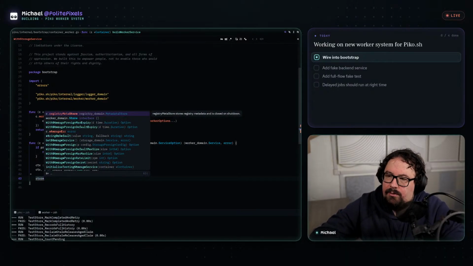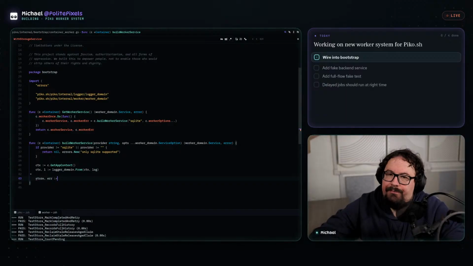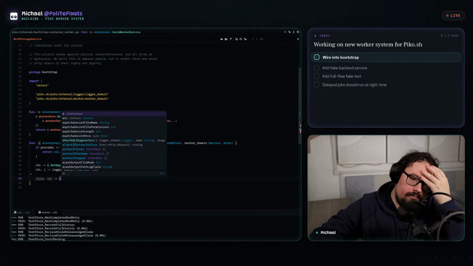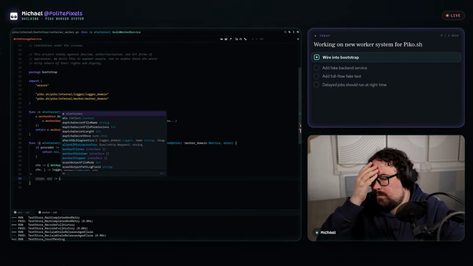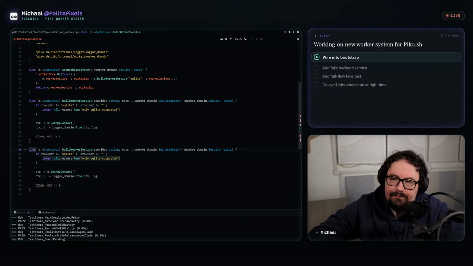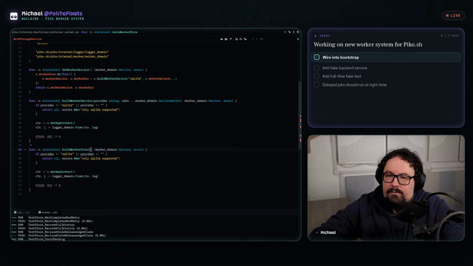Because we have to start with creating the store, which, for simplicity, let's actually make that into another method, because we will need the clock.